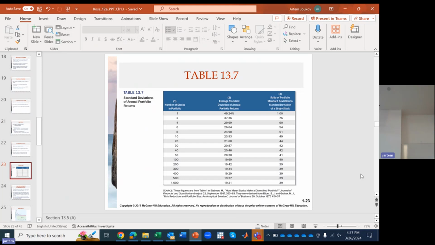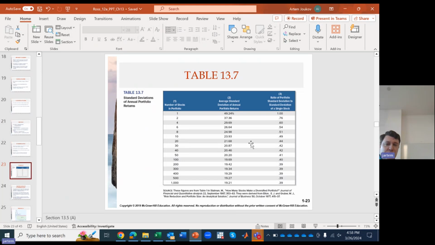And you can also see that the standard deviation basically declines, right? You go from 50%, which, think about that on a bell curve, is pretty heavy, to basically the standard deviation, if you recall, of the S&P 500 index, which is 19.2. So buying the S&P 500 index is considered pretty diversified. And so there you are, right? You've now reached basically max diversification once you start approaching 20 or 30 stocks. For 20, you got 21.68. For 30, you got 20.87.